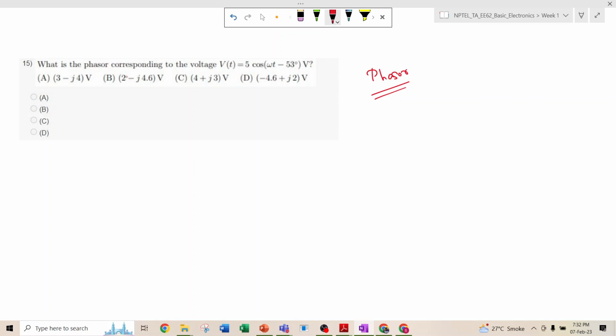Basically, the phasor is used when we analyze the sinusoidal steady state of any particular circuit, to simplify our problem. That means if you have any sinusoid, suppose v equals Vm cos omega t, so if you have any voltage,